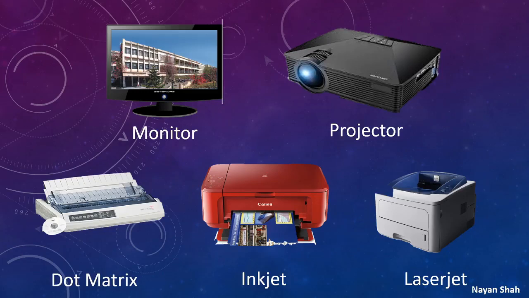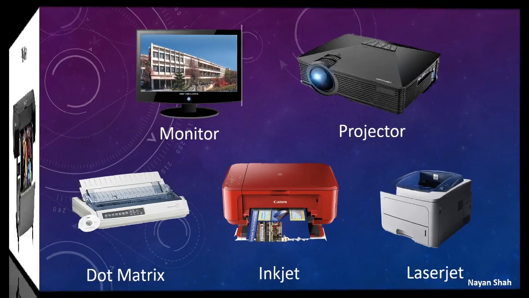Inkjet printer is a printer which prints using ink. It throws or sprinkles ink on paper and produces the output. Inkjet printer comes in black and white as well as in color. It is a bit faster than a dot matrix printer. It cannot print continuous stationery. Laserjet printer is also like that. It prints very fast, very accurately, because it uses laser technology, the technology which is almost the same as a Xerox machine. So that is the laserjet printer for quality printout.